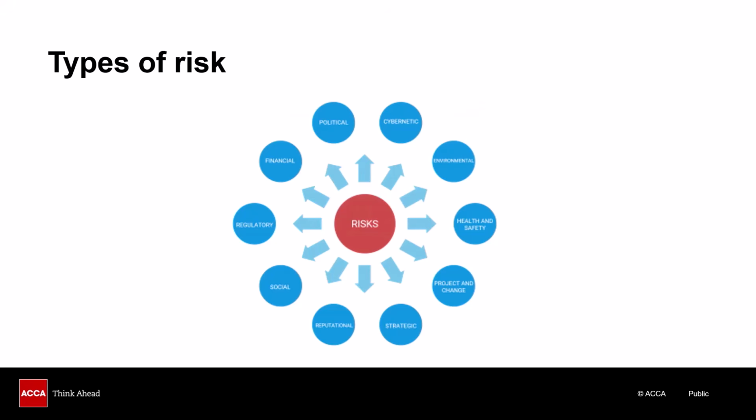And so we're constantly obliged to ensure that we don't breach any of those regulations. We don't want to risk that from happening. And so what we do is we put controls in place to make sure it doesn't happen. Other risks, well, there are risks associated with projects and change management.